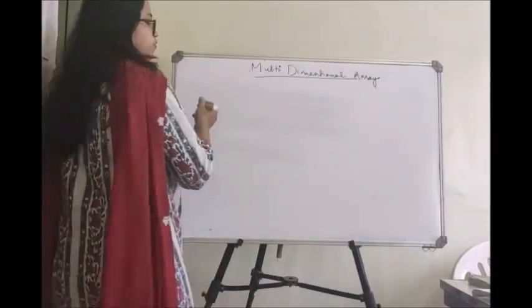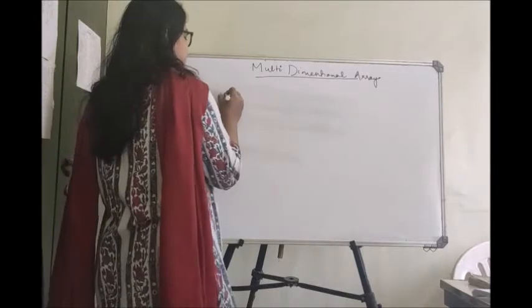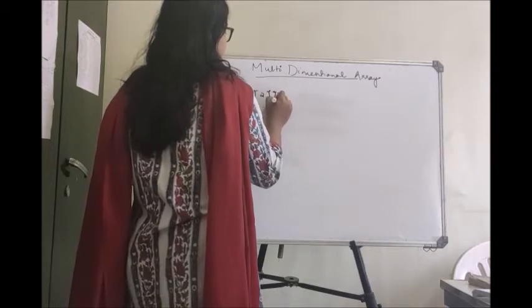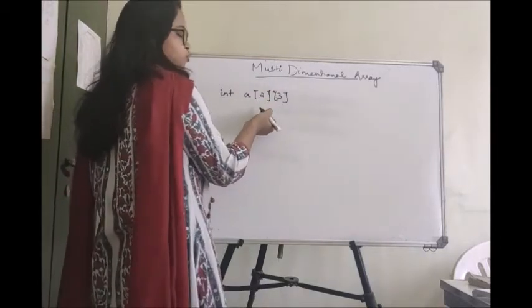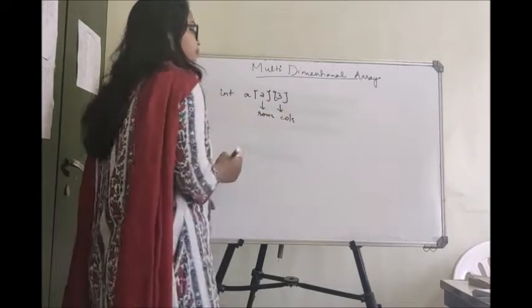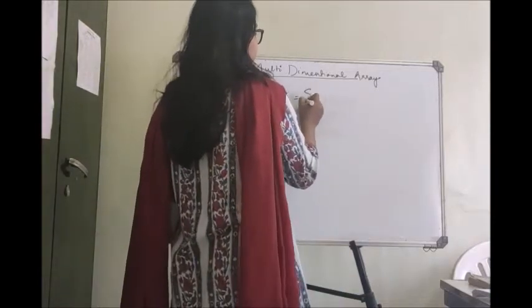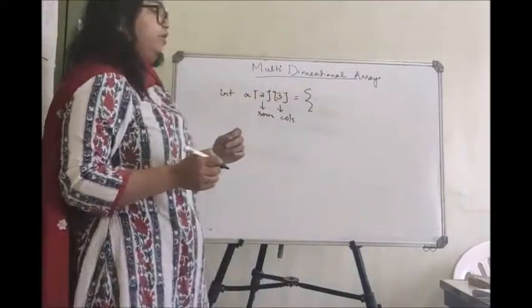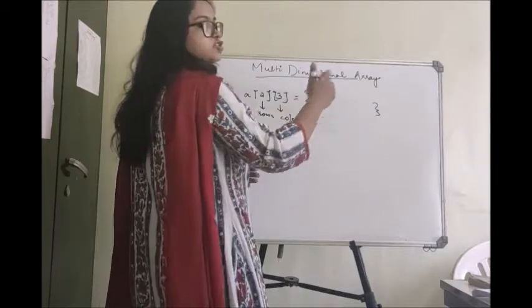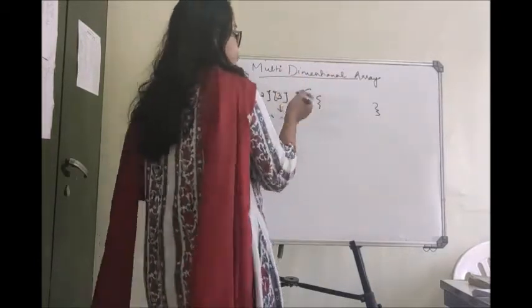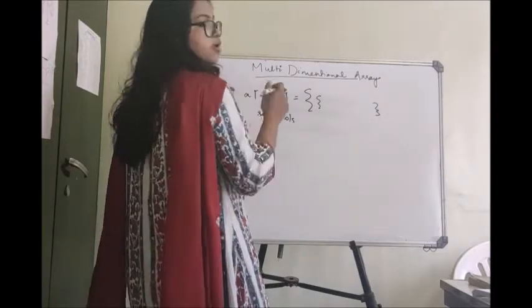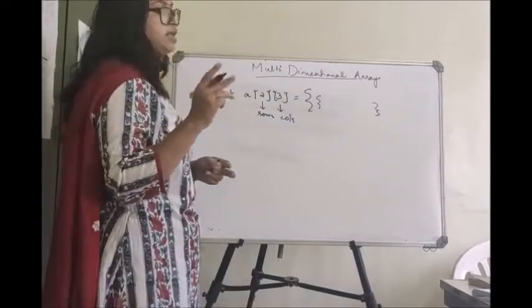Usually we define it as int. Suppose the array name is A and the size is, suppose, 2, 3. For simplicity, I am taking an array with 2 rows and 3 columns. This is rows, this is columns. Now we can define it as such. For initialization purposes, you can directly hard code it. First we define the rows; each row is initialized first. In each row there are 3 columns, that means 3 elements. One row consists of 3 elements, that is common sense.